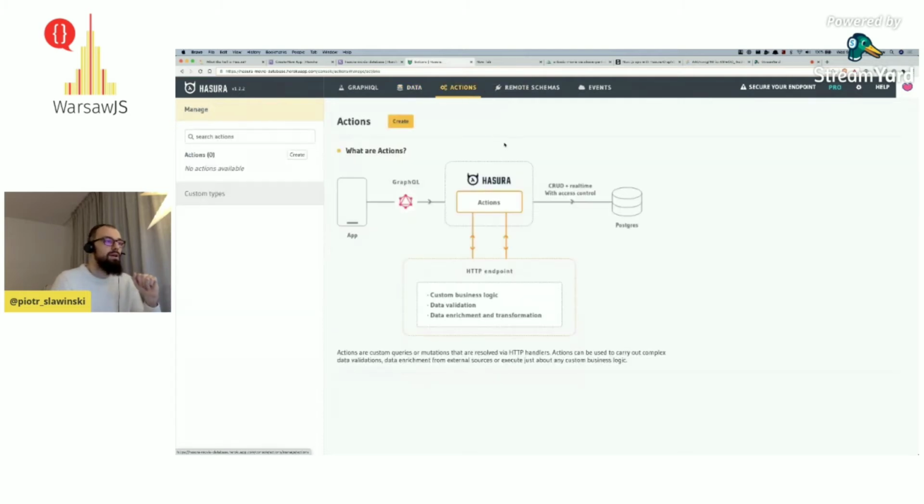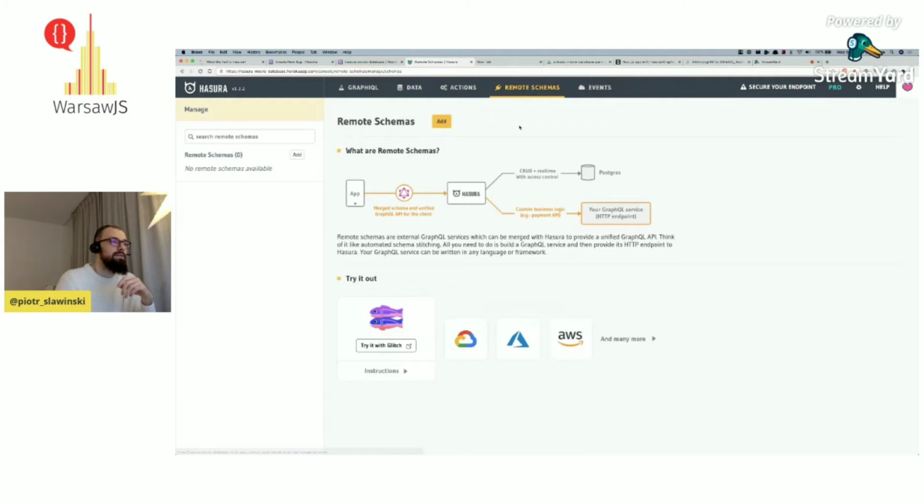We also have actions, which will enable us to do some business logic, like validation or data massaging, I guess, on our data, which is more suitable for more professional solutions.